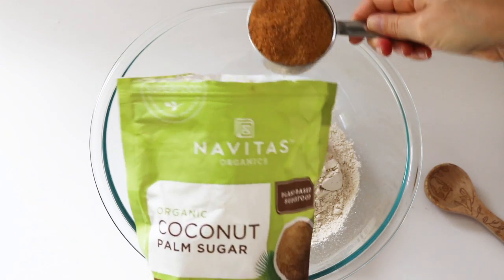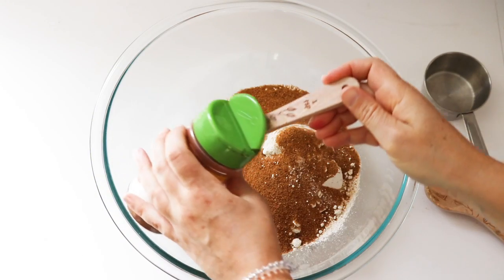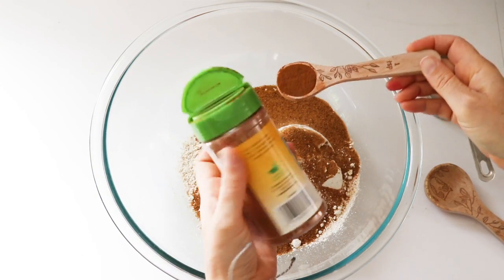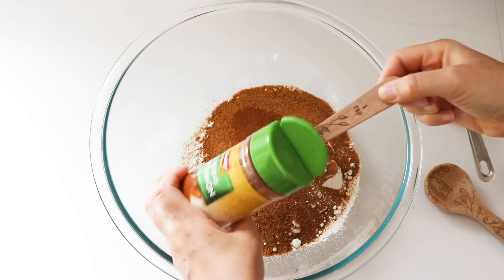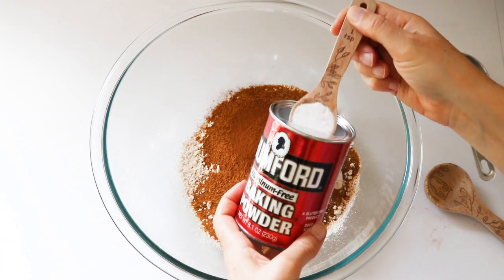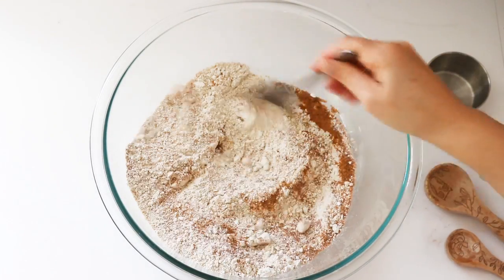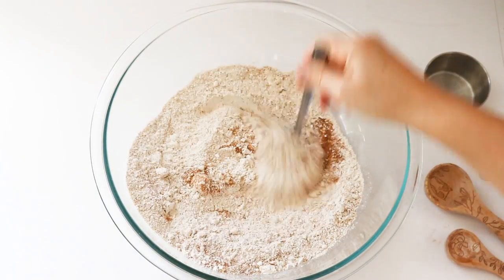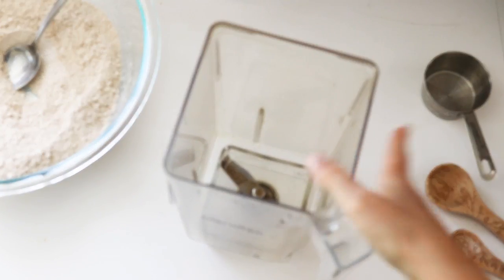Main source of sweetness is going to be some unrefined sugar. I'm using coconut sugar. You can't make coffee cake without cinnamon, and we've got 2 nice big teaspoons full. Rising action we get from baking powder. So stir those dry ingredients together, mix them up. Then we're gonna move on to the wet ingredients, and I am just gonna put all of them into my